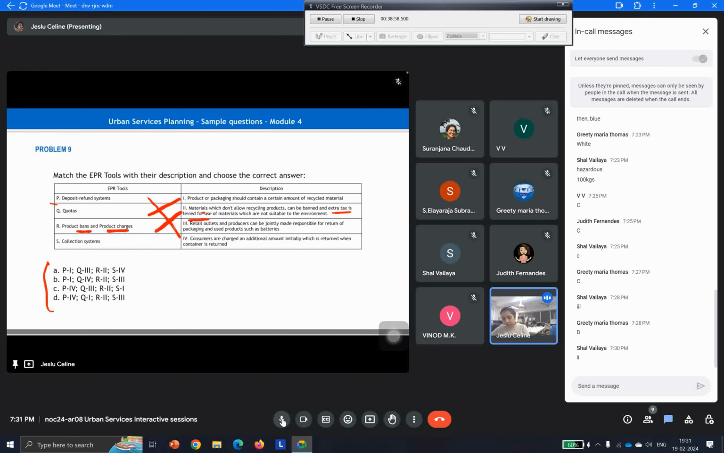And now we have the collection system, which comes to three, which was mentioned before, where the retail outlets and producers are jointly responsible for collecting the packaging material that is used, or certain batteries or any other elements which can be hazardous or which don't do well for the environment, to be collected back by the producer itself. So yes, that works out to